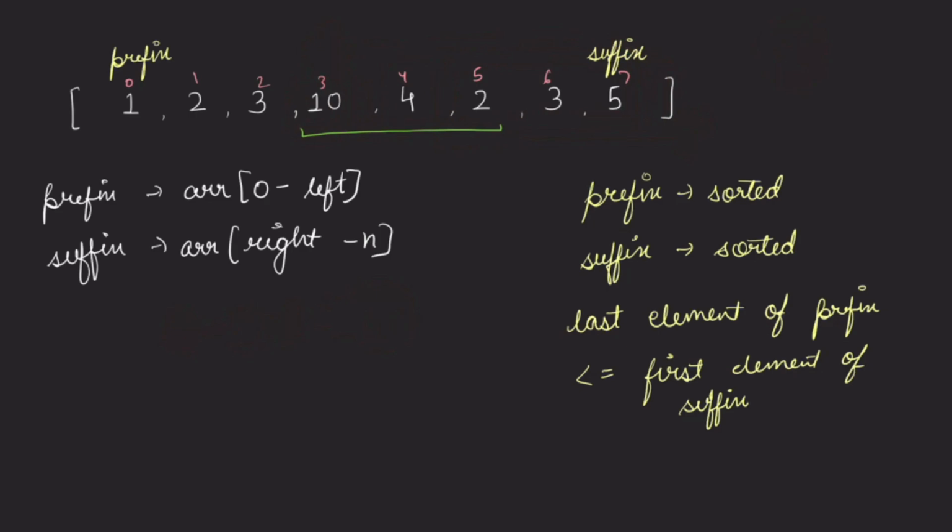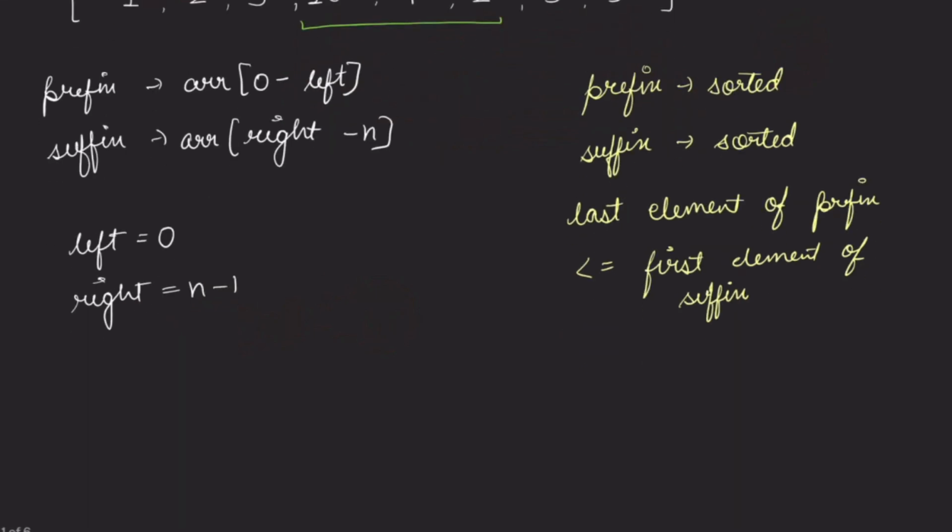So as I said, what we will do is that initially we will keep our left as 0, right? And how are you going to identify the right? So right initially should point to the first element of the sorted range from the end, right? So initially we will keep the right as n minus 1, right? And now